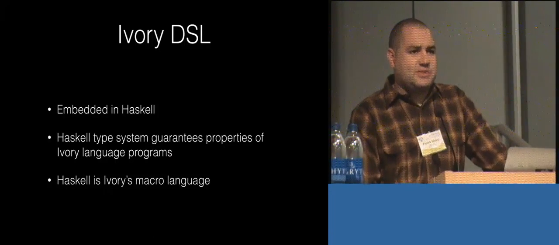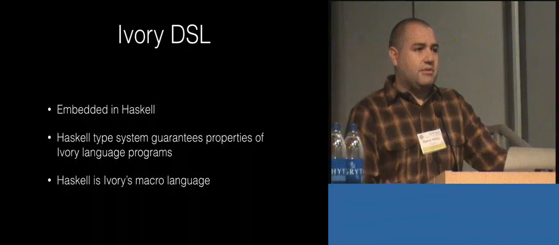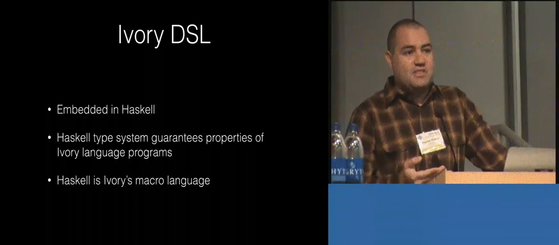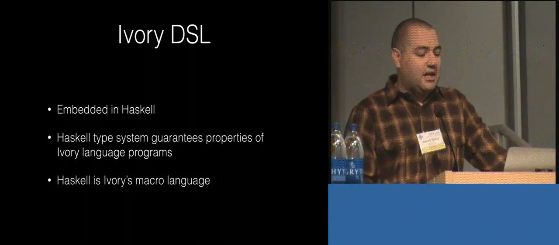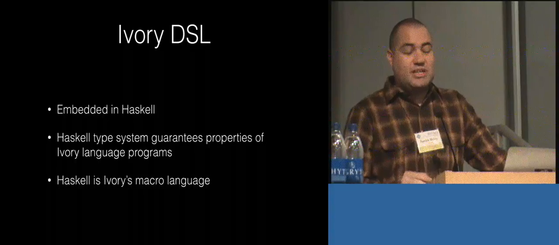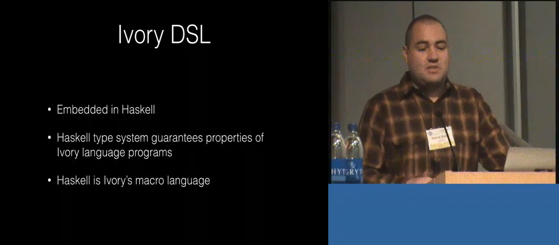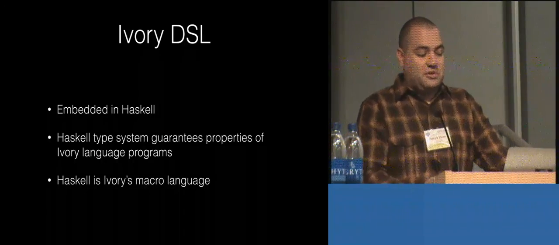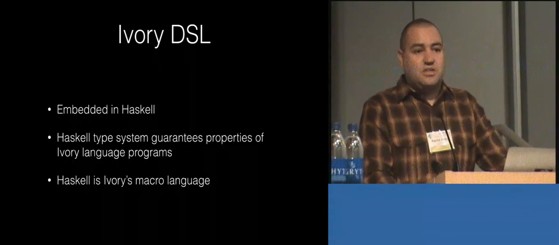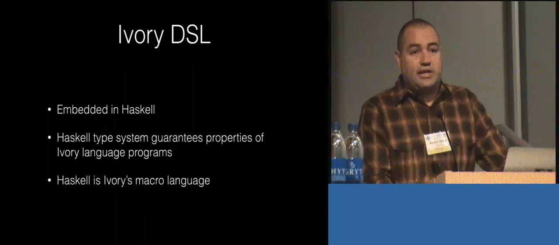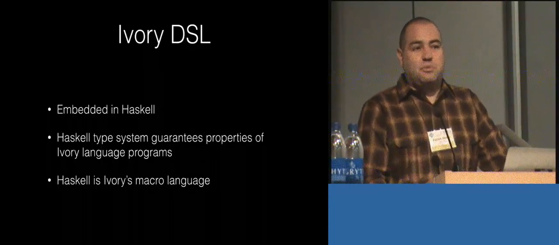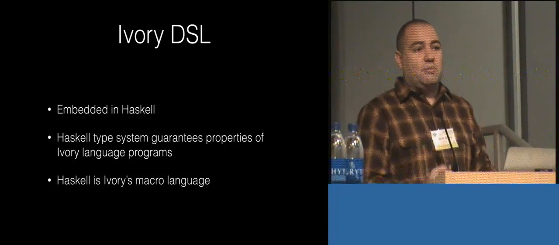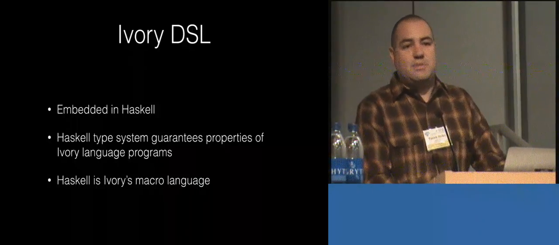Like I said, we embedded it in Haskell because the Haskell type system is strong enough that we can do all of the domain-specific type checking in the Haskell type system. So all of our memory safety properties about allocation and type safety are all checked by the Haskell type system. We didn't have to write our own type checker. And that saved us a lot of time in the development process and made it very productive to use. And of course, the biggest thing that made it productive to use is that Haskell, just ordinary Haskell terms, are the macro language for Ivory. So it's very easy for a Haskell programmer to pick up Ivory and start writing macros. All the macros must be safe, and then the programs constructed with them must be safe.